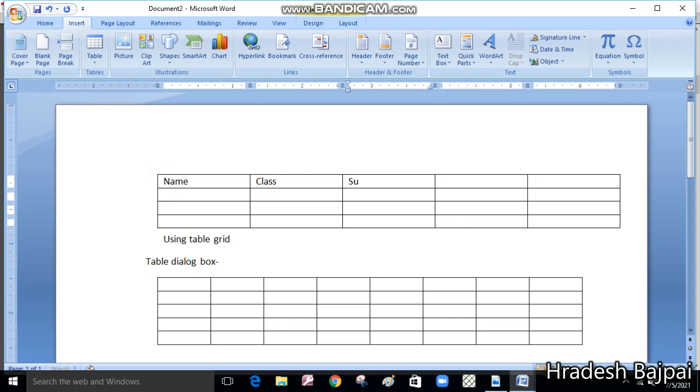Name, class, subject. These are some headings of the table that I'm writing. Address and then contact number. These are all the headings of a table. These are also called the fields of the table. Okay, these are also called what? Fields. I hope you have understood what are called cells and what are called rows and